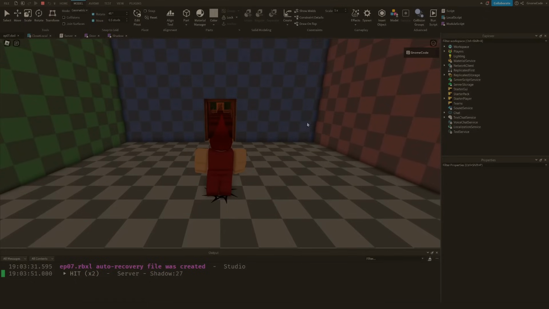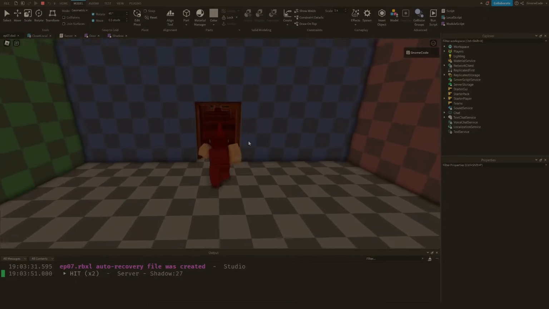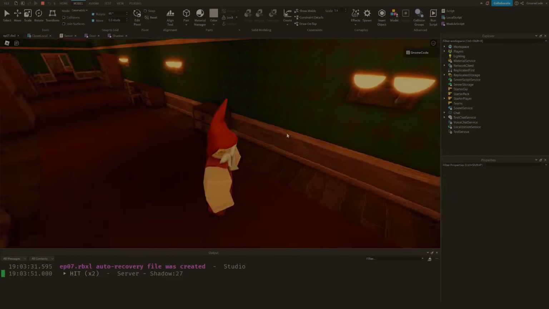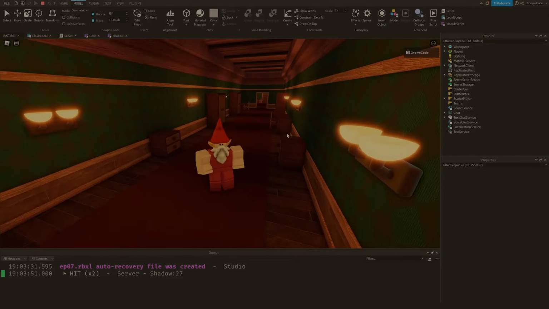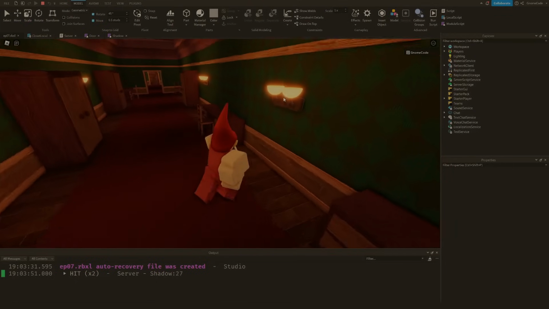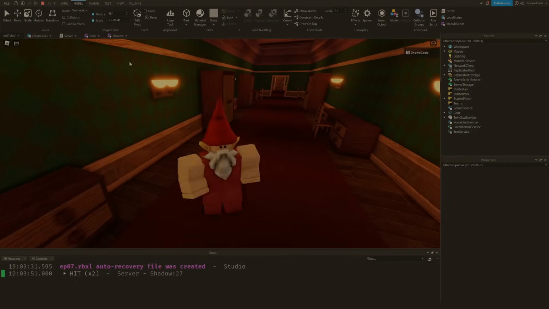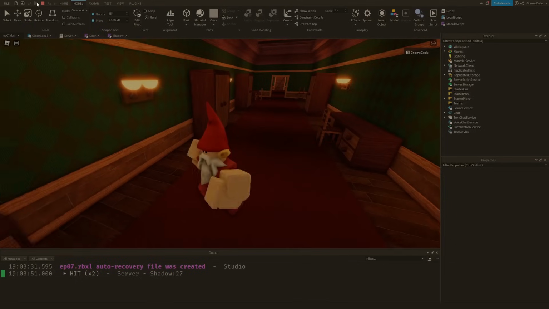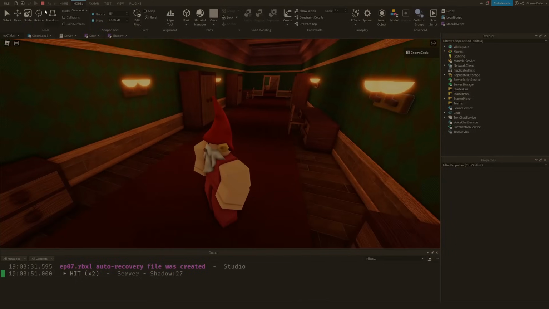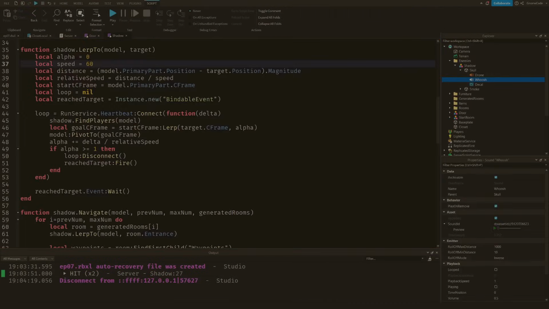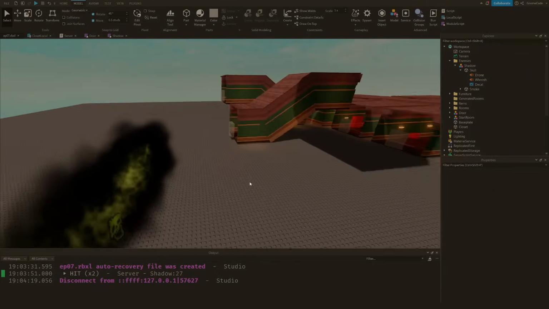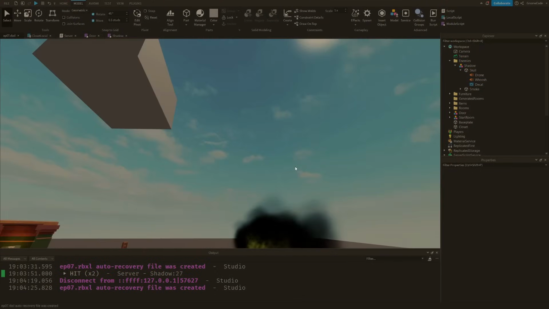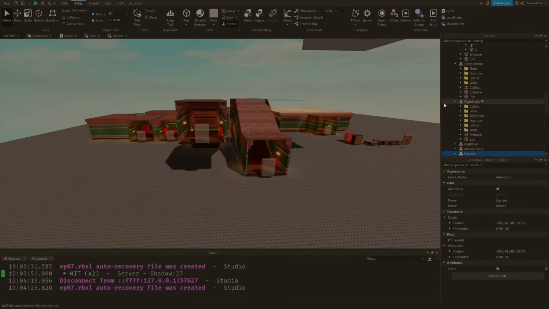So now we've got the sound effects, but we need a little bit of warning so we can anticipate him. Now, how they do this in the actual Doors game is they make the lights flicker. And that's what we're going to do next to set the ambiance before we introduce the villain, as it were. So what we're going to need to do is make sure we've organized our models. Now, I've already kind of done this. So if I click on any of my